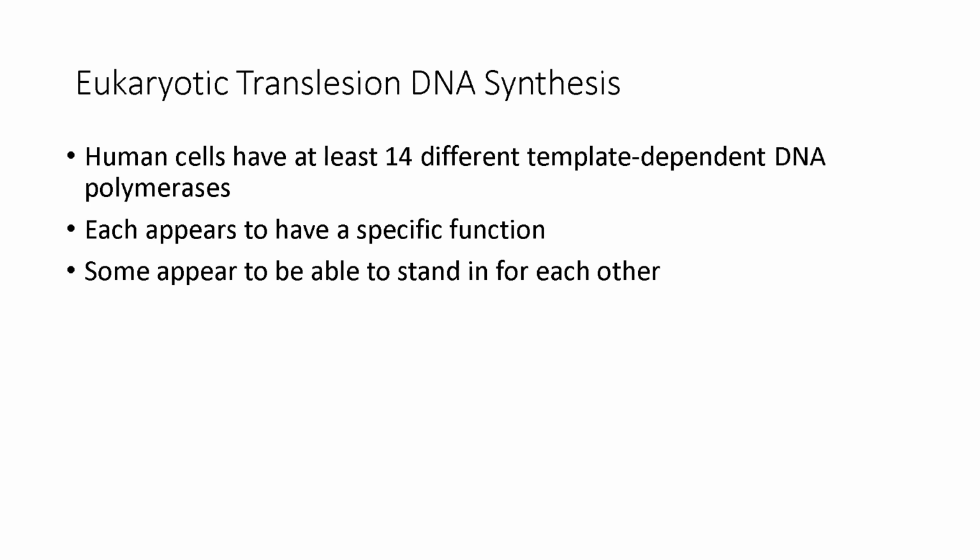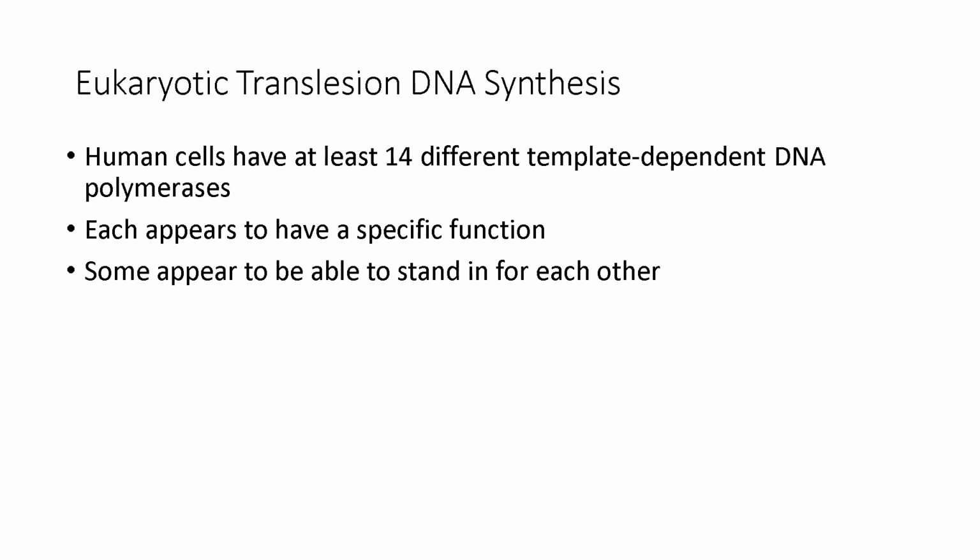For example, polymerase eta is particularly effective at bypassing UV-induced thymine dimers and is deficient in individuals with xeroderma pigmentosum variant. The redundancy and specialization of these enzymes allow eukaryotic cells to survive DNA damage with flexibility, albeit with an